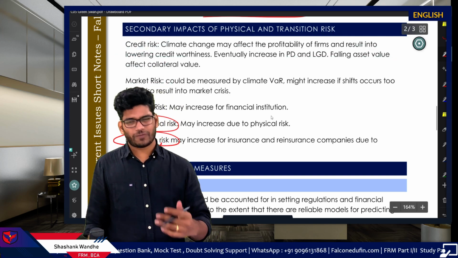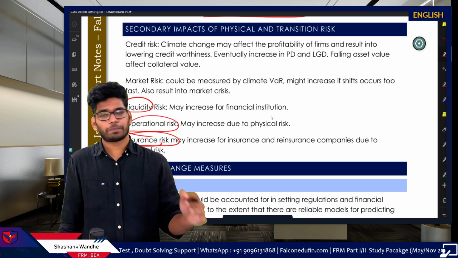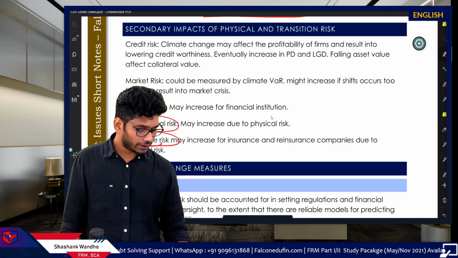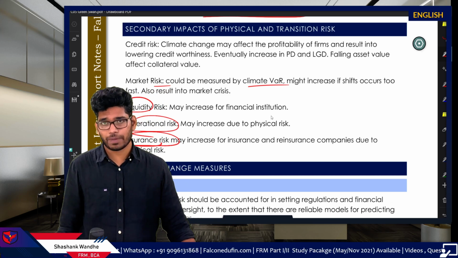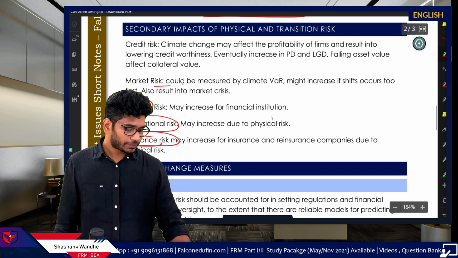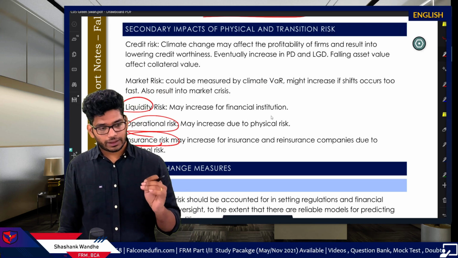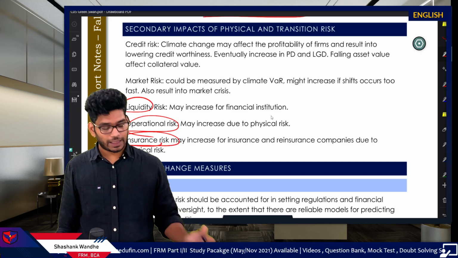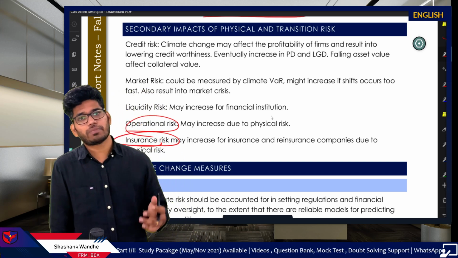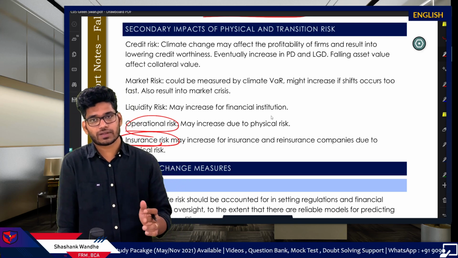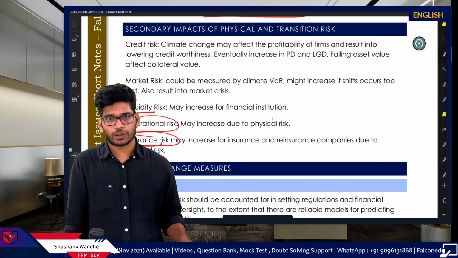Then market risk. Obviously, natural disaster or climate risk related disaster will affect the market and then prices, right? So if it affects the market, then you will have the market risk. You can account for and measure it by the climate VaR. What is climate VaR? You will account for only the climatic risk event on the risk side. Then liquidity risk. Obviously, if there is a stress in the market, even because of a natural disaster, a climatic risk disaster, funding will automatically be lowered and this will result in liquidity risk.